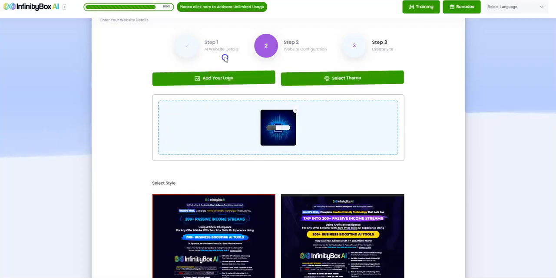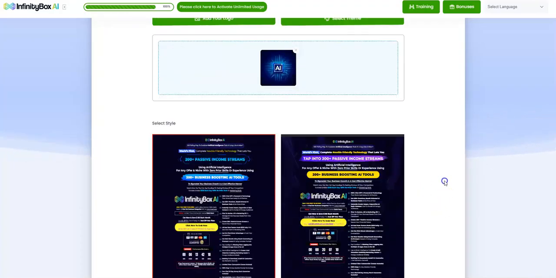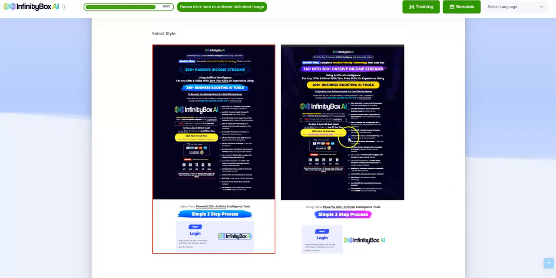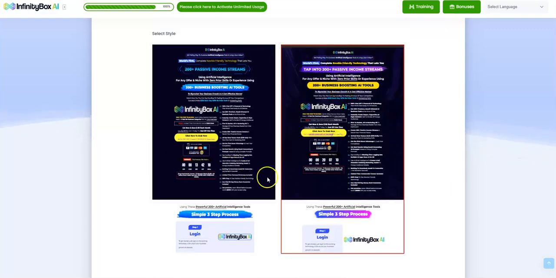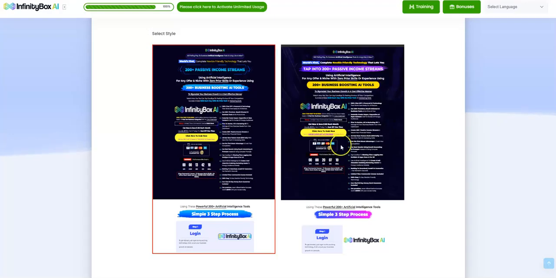So I've got this logo over here, which is an AI logo. So as you can see, it says AI and has got a nice background to that. And you've got styles that you can select. So you've got this style and you've got this style. So I'm just going to click on the first one,